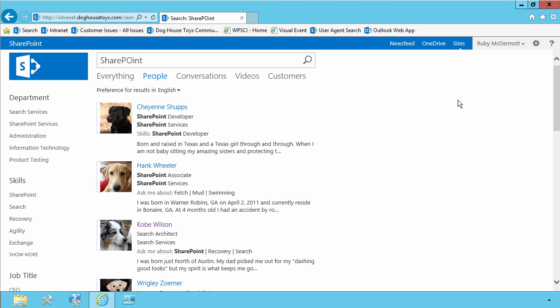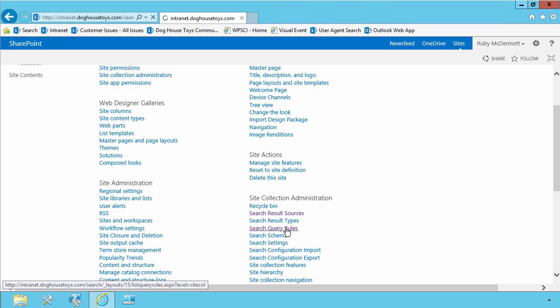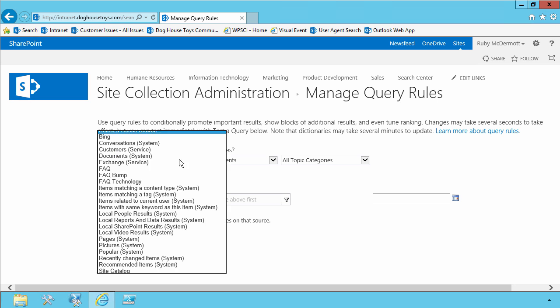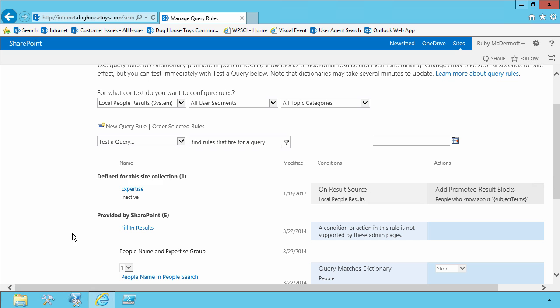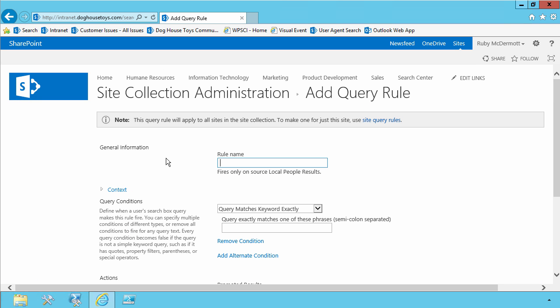And so we're going to use a little bit of what we know about Ruby to construct a query to help her find people close by. I'm going to go into Site Settings, and I'm going to go into Query Rules. And I'm going to choose our People Result Source. And what you'll notice right away is that I did disable the rule, the expertise rule. You don't have to do that, but I do that just to make the demos a bit more clear. I'm going to choose a new query here. And we're going to call this one